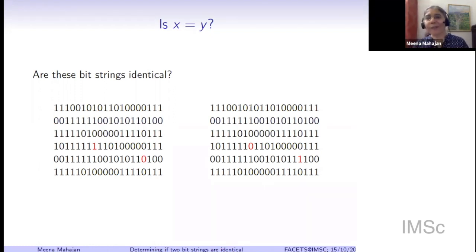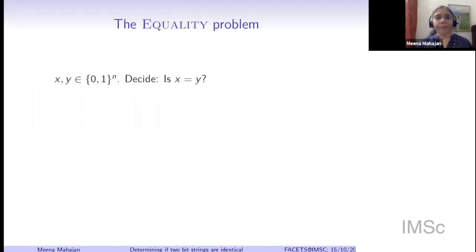In particular, you can think of two files, one on the cloud somewhere and one on your desktop, and somebody is trying to figure out whether these two files are the same or whether you need to update one of them. Well, you need to do a bit by bit check, it seems like, but maybe we want to ask a more nuanced question here.